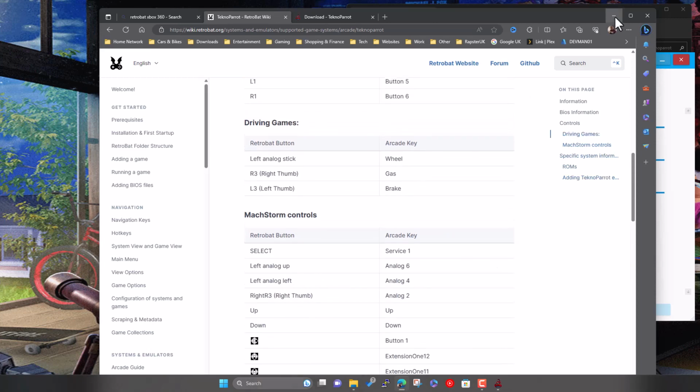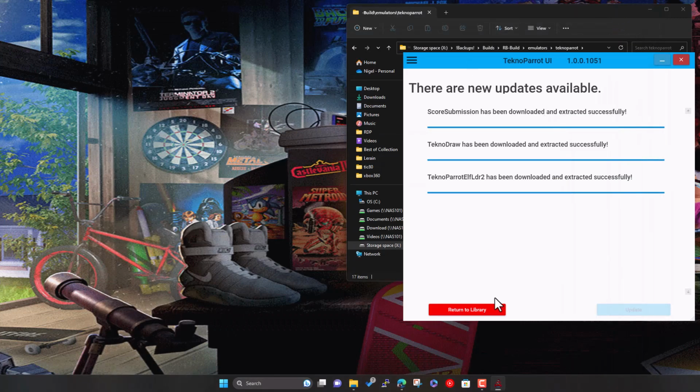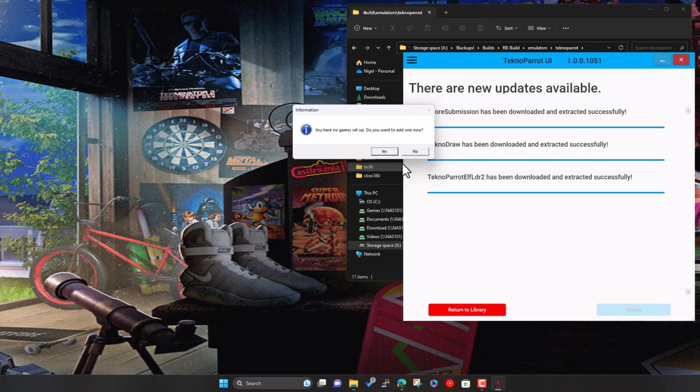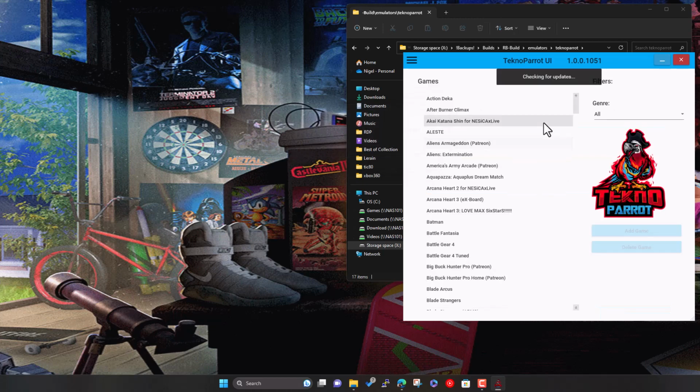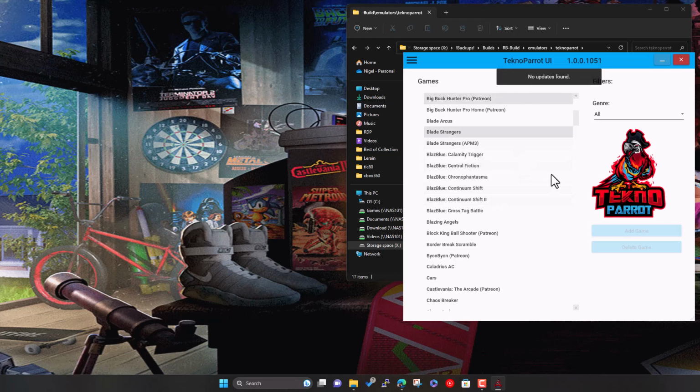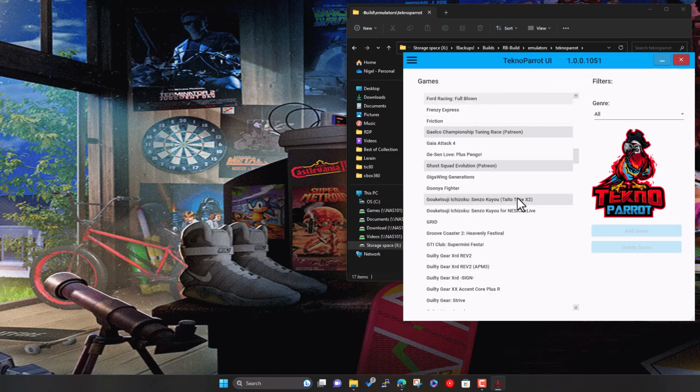So yeah, it's pretty much download it, run it up for the first time. Okay, so with TeknoParrot, here's all the games it supports, and you basically add them to your library within TeknoParrot. So if we find the Mario Kart game that we've got,